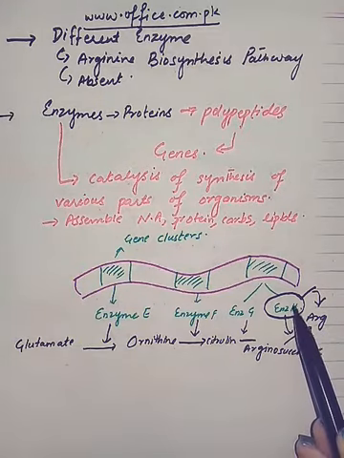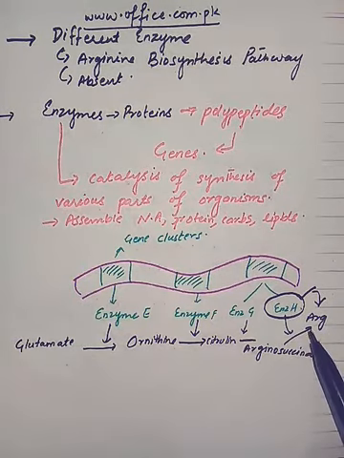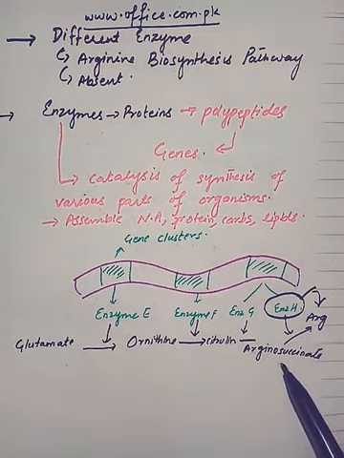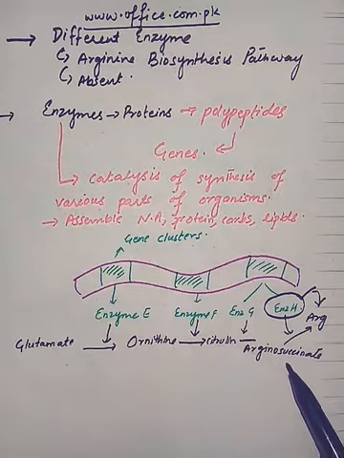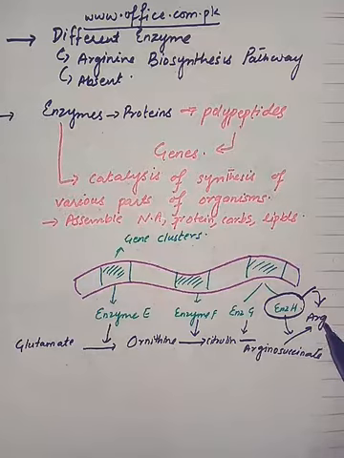Now if this enzyme will be absent or it will be defective, there will be no conversion of arginosuccinate into arginine, and ultimately, as arginine is needed for the growth of Neurospora, it will not be able to survive even